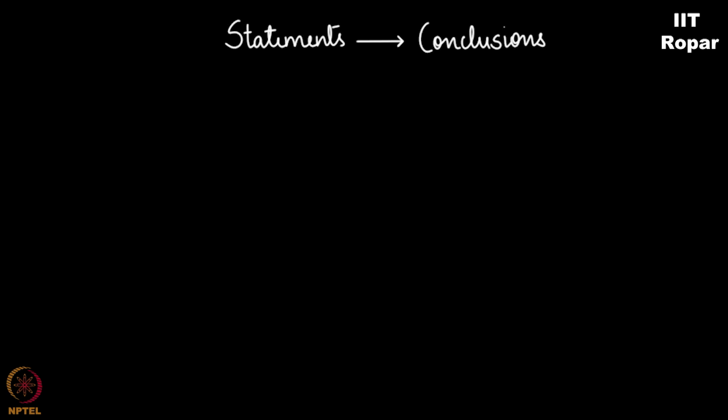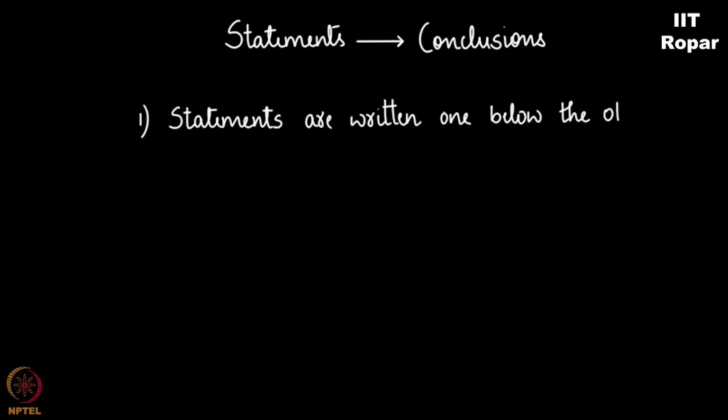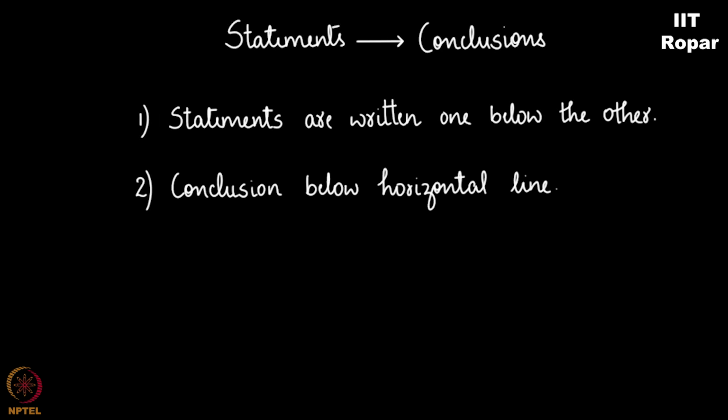Whatever statements are given to be true, we write them one below the other. After all the given information is over, we put a horizontal line and we write the conclusion just below it. Whenever we come across some primitive statement to be true, we write a 1 on top of it. If it is false, we write 0 on top of it. You will get to know as we proceed.